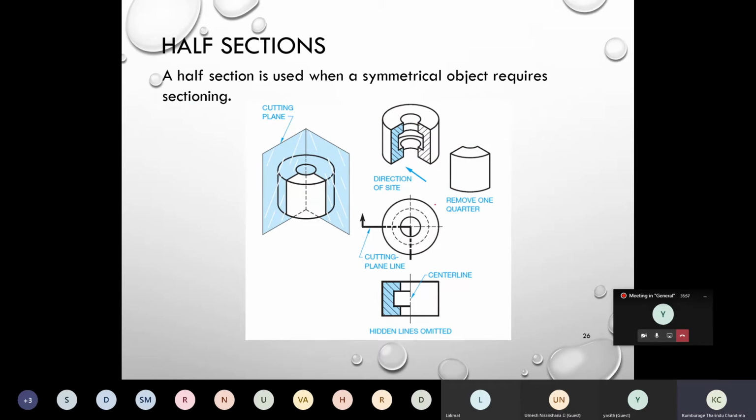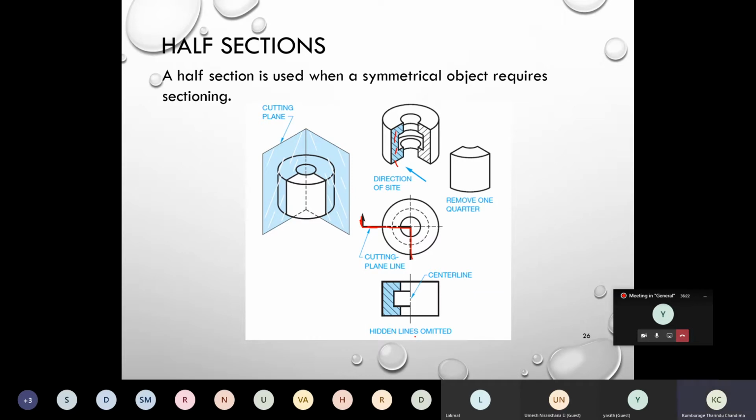So your top view looks like this and your cutting plane looks like this. You cut it here like this up to the center and define like this. When you project, you can see only this area. Half is exposed,